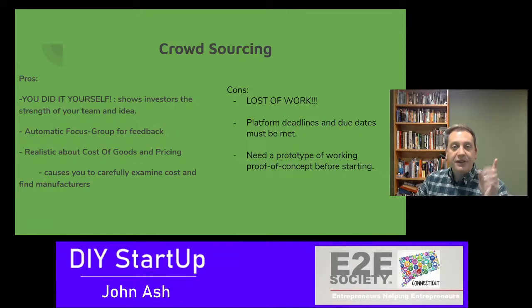Because that, along with a couple other things, is going to influence how you price it. Pricing. So you have the cost of goods. You know how much the thing actually physically costs you in parts to make. You better know how much time it takes to put together, how much the packaging costs, and you've got to pay yourself. Your engineers, and any consultants working on it, you've got to pay them.